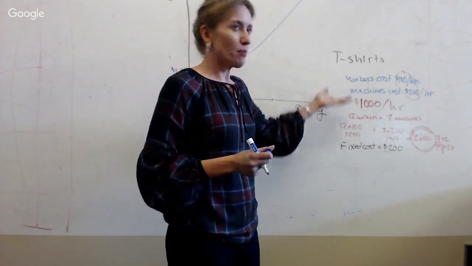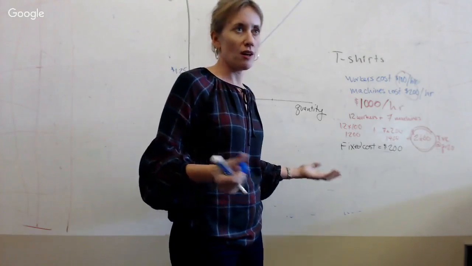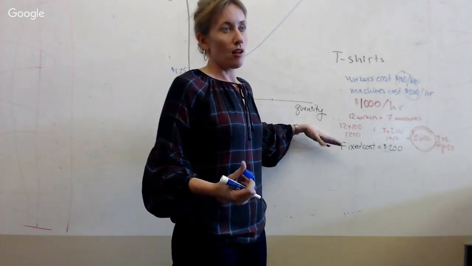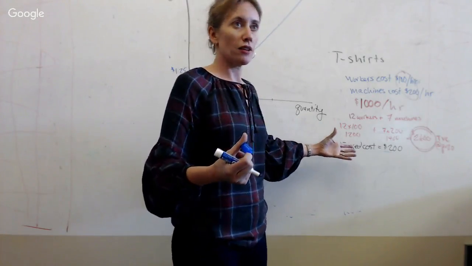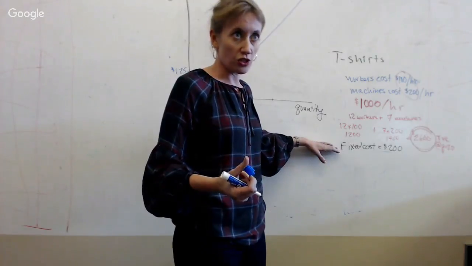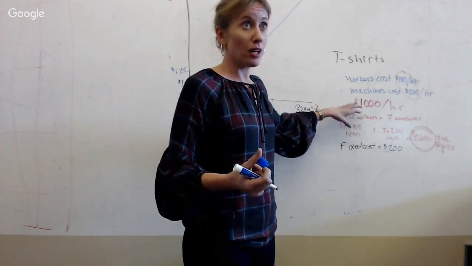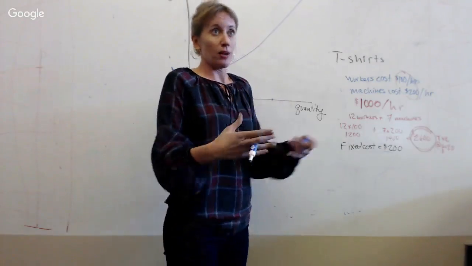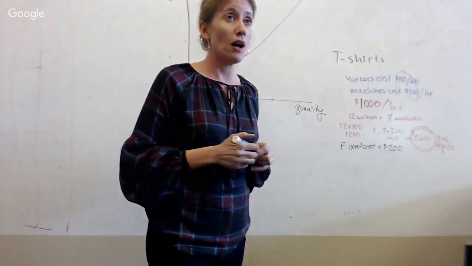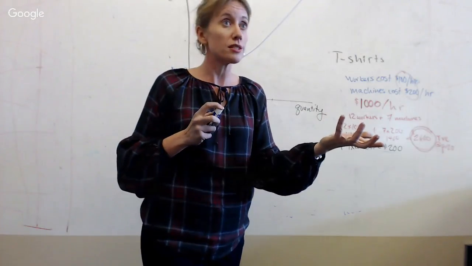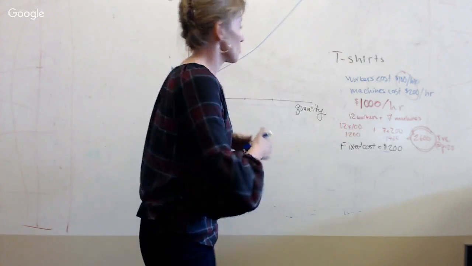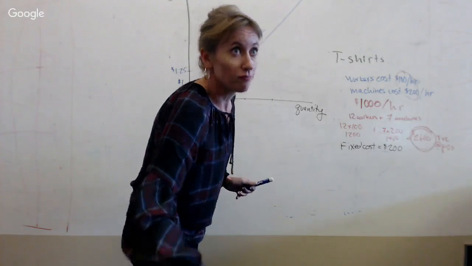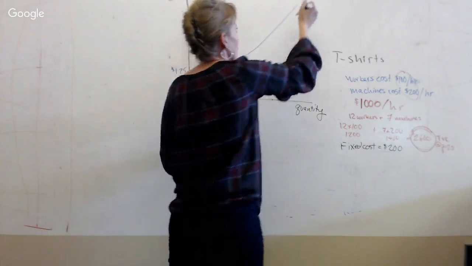That's not a bad thing. That's just the way production works. We don't have a constant return to scale production technology. The building, be it a large factory or a small house that we're using to produce t-shirts, is fixed. We can vary labor and capital, but with each additional unit of labor and capital, we experience diminishing marginal returns, and one of our inputs is fixed. So an increasing marginal cost curve isn't a sign of bad business. It's just the way our constraint works.